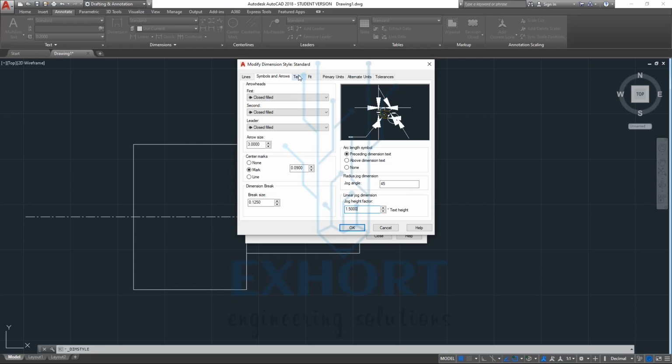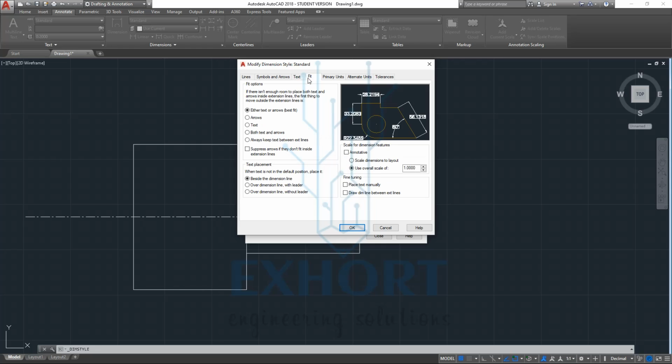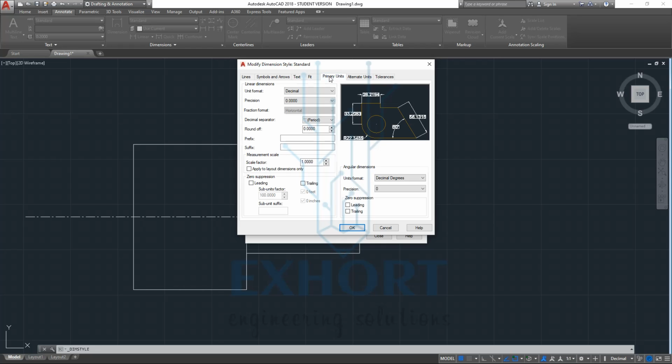For the text, we can select the text height from here, 5. Text means these dimensions. Just keep the others as they are, and fit as it is. In Primary Units, from here we will choose the precision 0.00, meaning that if we give a dimension of 60, it will appear as 60.00.